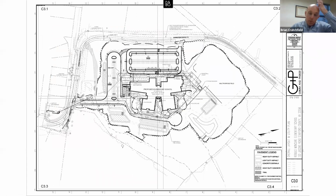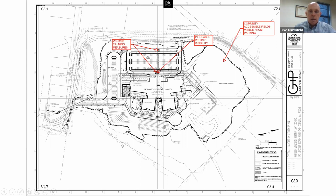This is another elementary school. This is a new build. Again, this has a public road that traverses along the left and top side of the building. We separated our bus loop from our traffic, but we created two separate entry points. And then we created this 360-degree view with the building in the middle, where you can see out to the rec fields, out to the bus loop, and out to the parking lot, and really created that area of